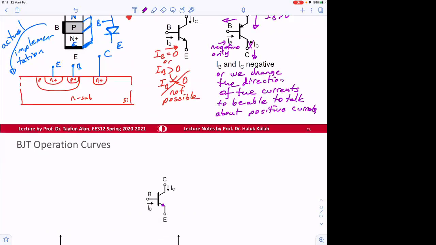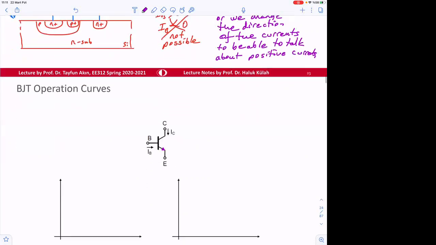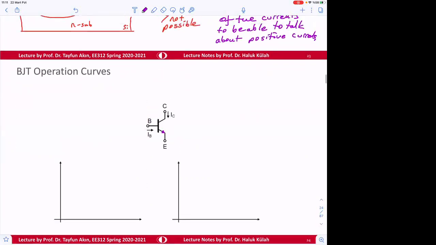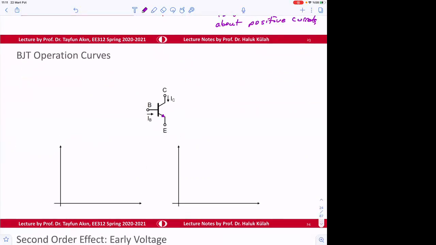You remember the minority charges, majority charges, and how a reverse